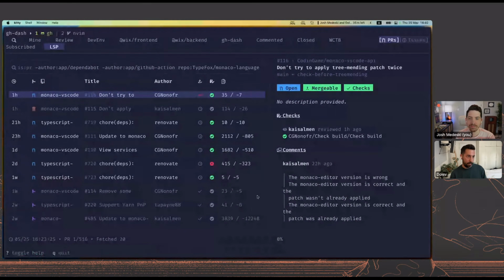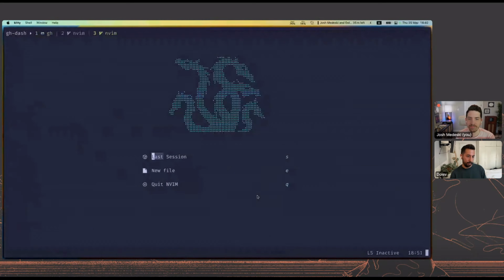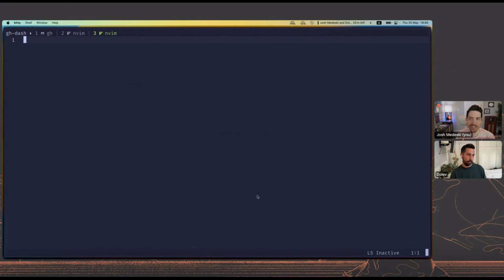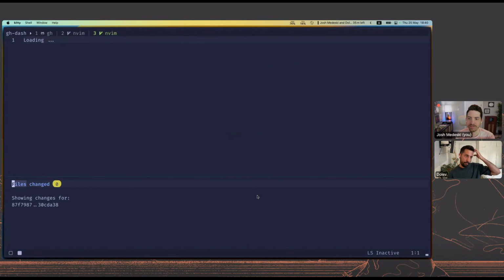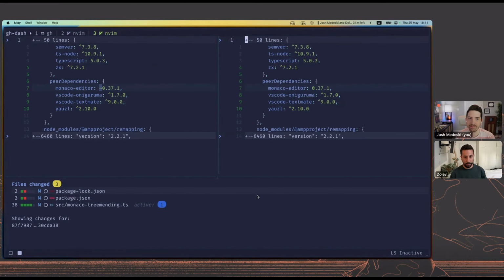And then I open another tab, go to Neovim, and do Octo, and then paste in the URL. Octo is a plugin to do code reviews, and then I do Octo view start.